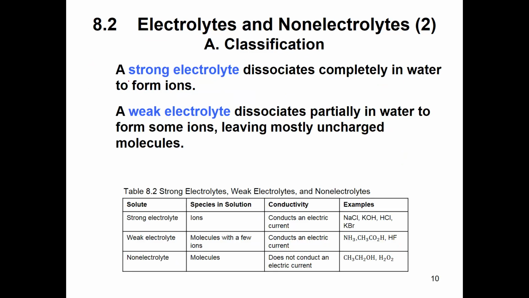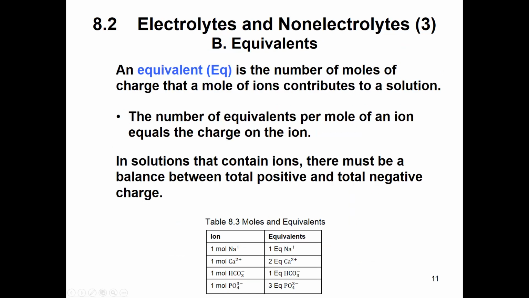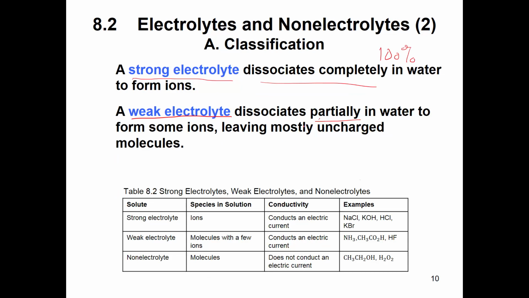A strong electrolyte is one that dissociates completely, or 100%, in water to form ions. A weak electrolyte only dissociates partially in water, and it leaves some in the molecular form that's not charged. A non-electrolyte is something that does not dissociate. So strong electrolytes produce ions and conduct an electric current, and examples are your salts like sodium chloride, your strong bases like potassium hydroxide, hydrochloric